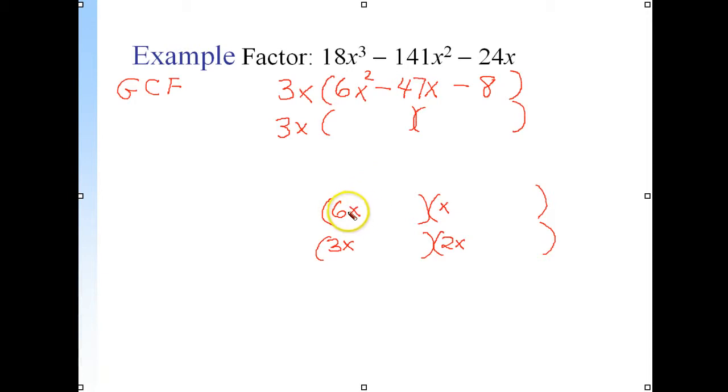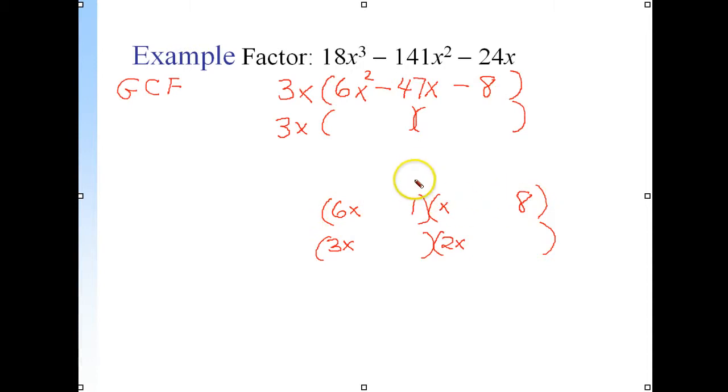Which do I do? Well, let's suppose I have that one. Now I have here an 8. And this is where it gets challenging. Now I could put an 8 here and a 1 there. And then notice I have a 47. Yeah, this is going to be the one right here. Now, if this didn't work, I'd have to try this, because I know now as I do my outers,